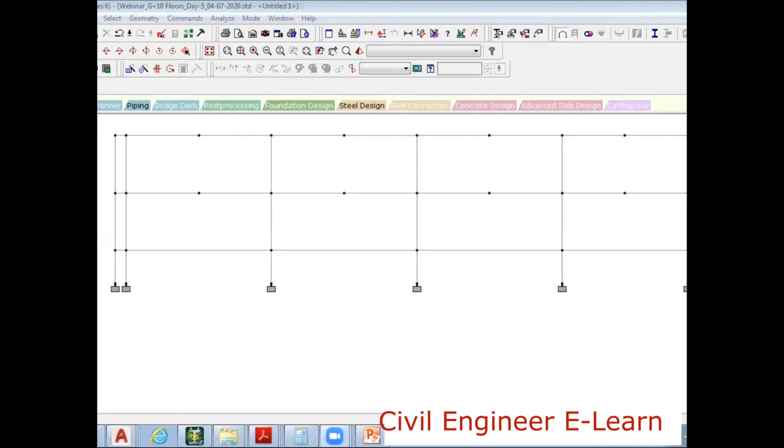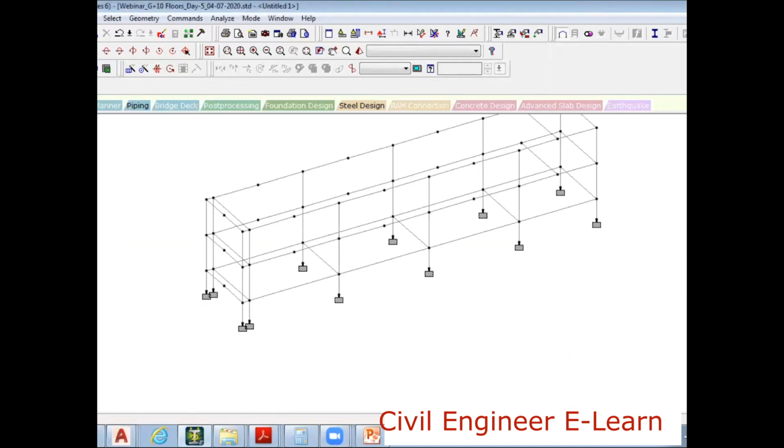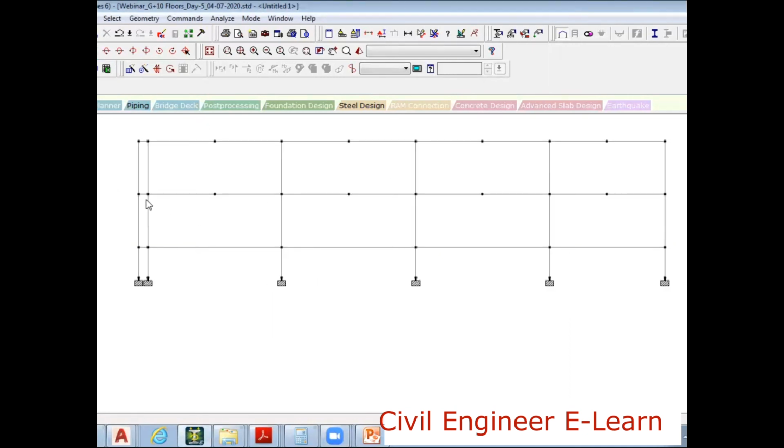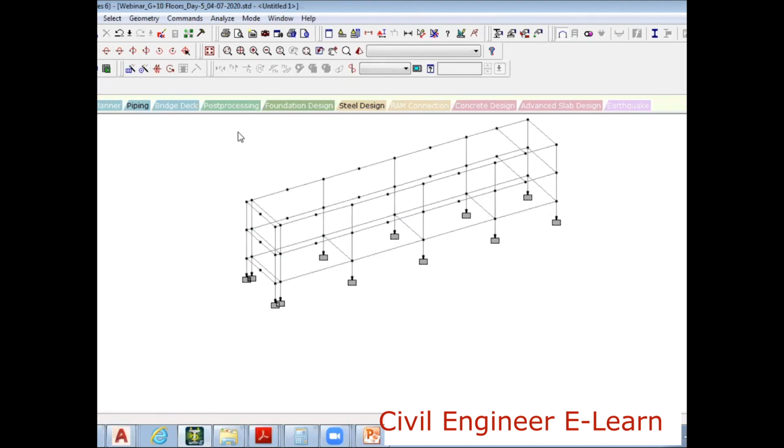Yes, exactly, Abdul. We have to add extra beams like this. So what I do is, the slope is 1 in 8. What is this height? It's 3.5. And what is this dimension?